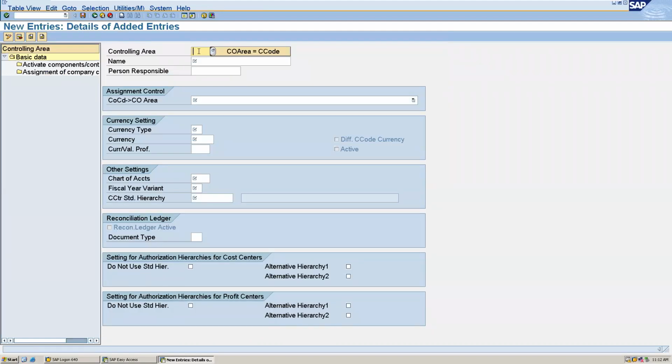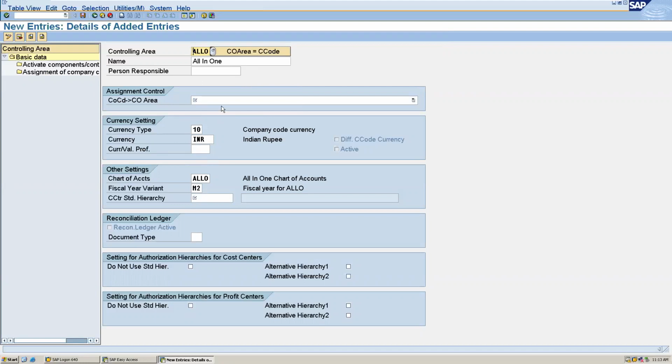I'm giving the same company code as the controlling area, ALLO. Controlling area equal to company code. So you can see here the details have already been filled from the company code: my chart of accounts, fiscal year variant, currency type, and here company code to controlling area.